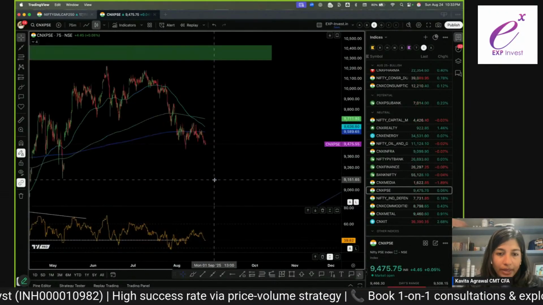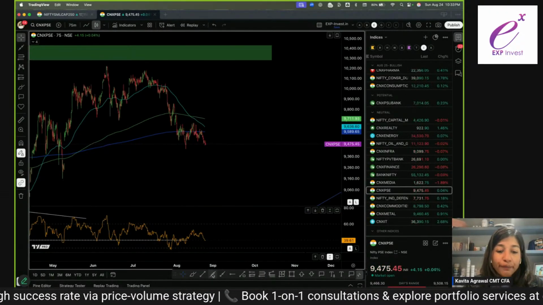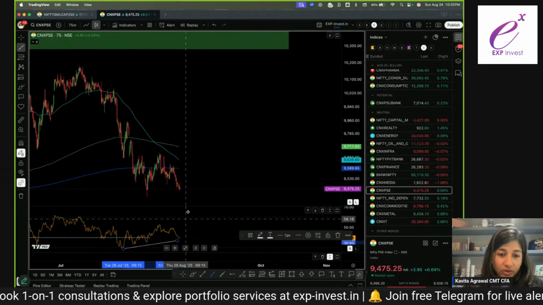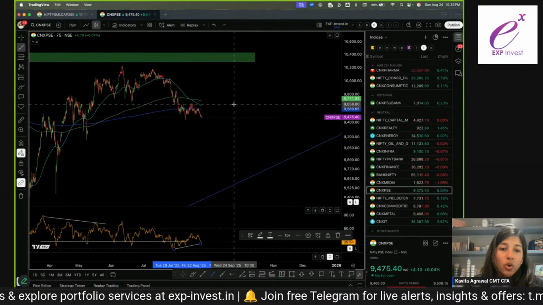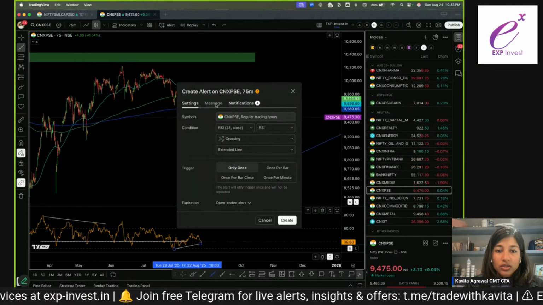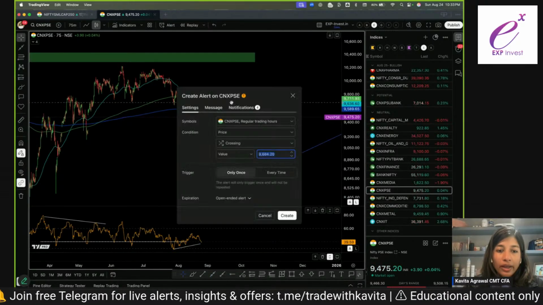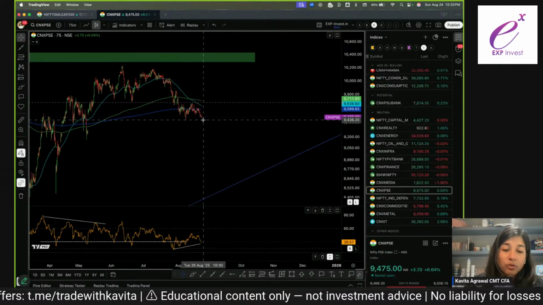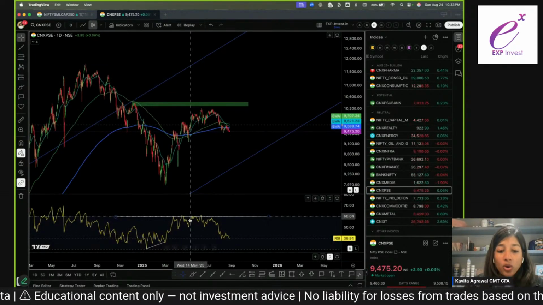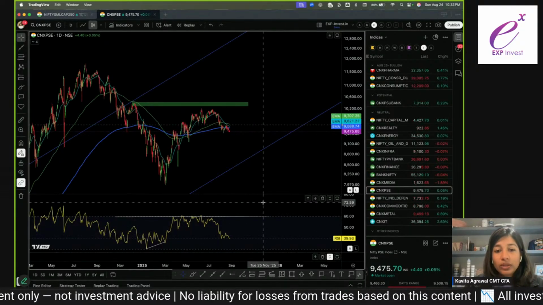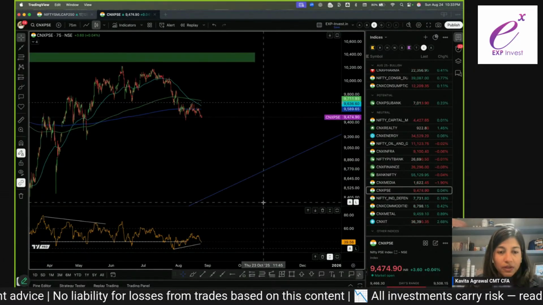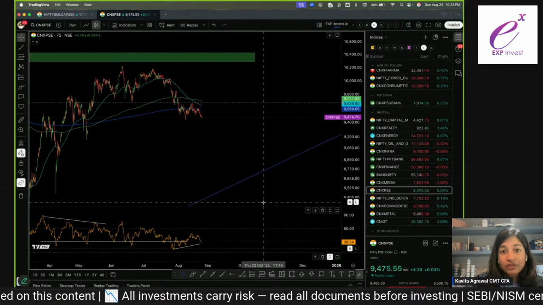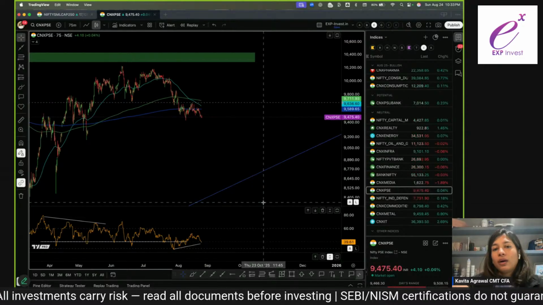Okay, so this also is in the negative range. It has been for a while now. Another favorite sector of retail traders, but you have to be careful. Despite the fact that it is showing a positive divergence here, I will again wait for two concrete confirmation signals. Number one, it establishes a higher high on the 75-minute time frame. It is showing RSI positive divergence, but we need a higher high to make sure the new trend has started. On the daily time frame, it's in a negative range. So the least we need is the 75-minute time frame turning positive first, then the daily time frame turning positive. And when the daily time frame is actually positive is when we will get active in this sector.